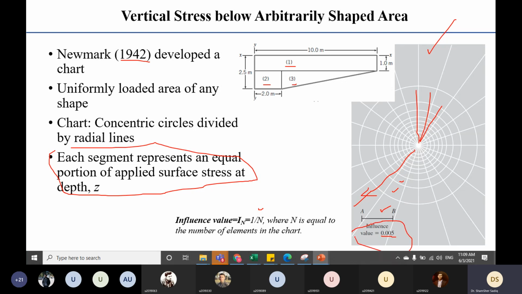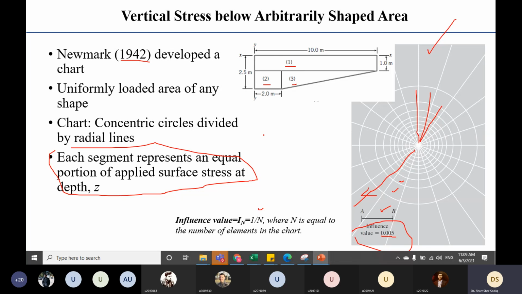So this is known to us. Now let us see how to use this Newmark chart